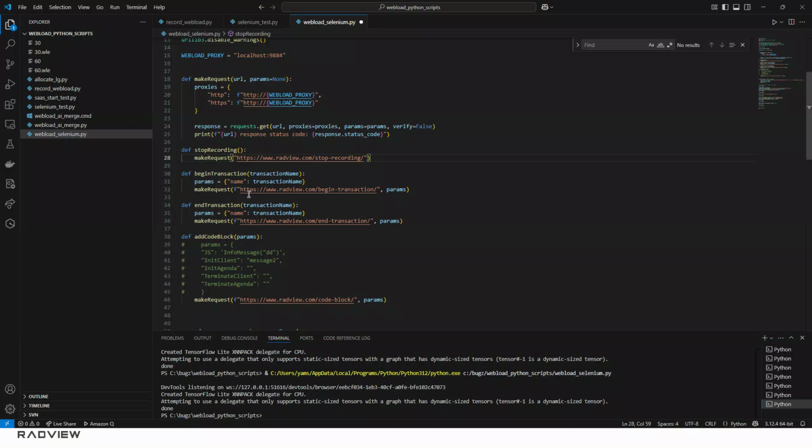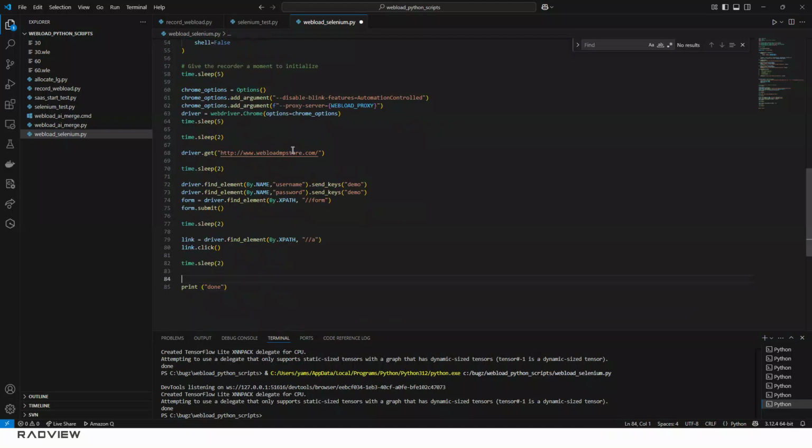And all these requests are all dummy names, so it's not really going to https radview.com. This is just a special marker for us to know that that is a request intended for the recorder, so we don't make these requests. So stop recording, for example, if I add that at the end of the recording, I would do that. After that, I would put my